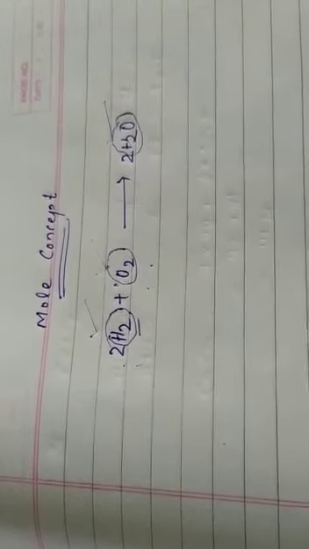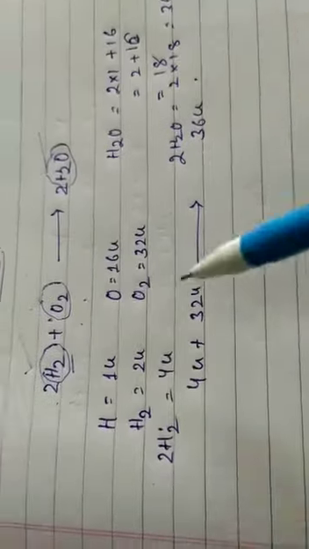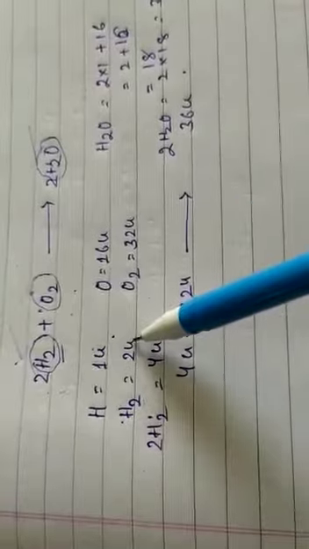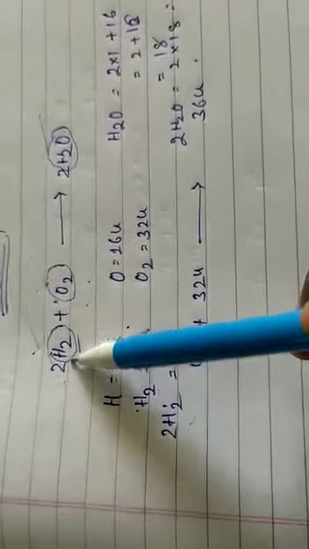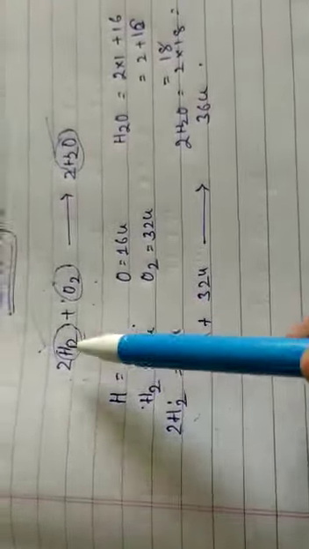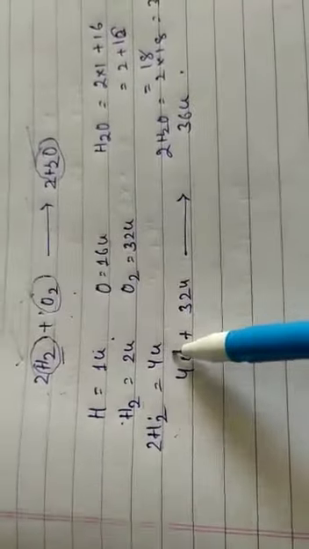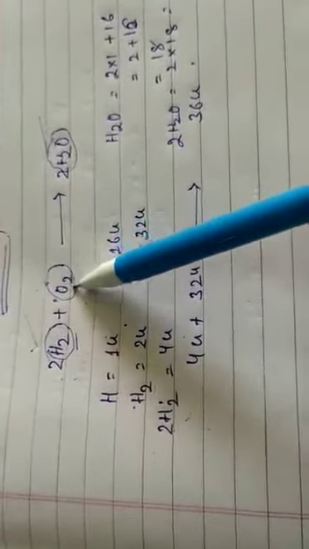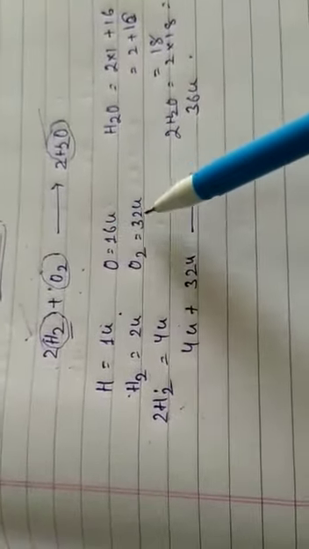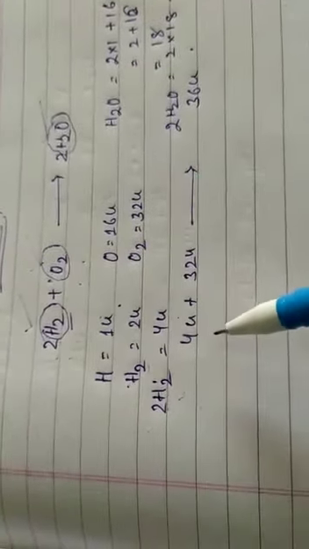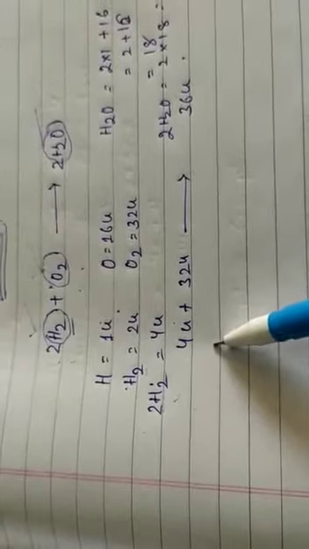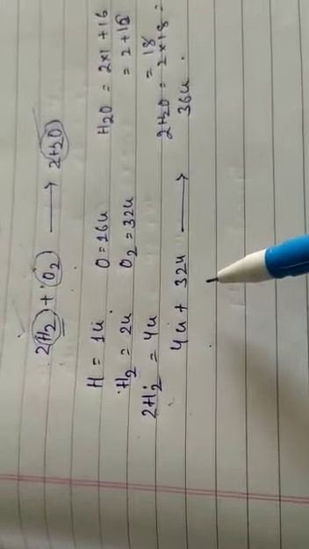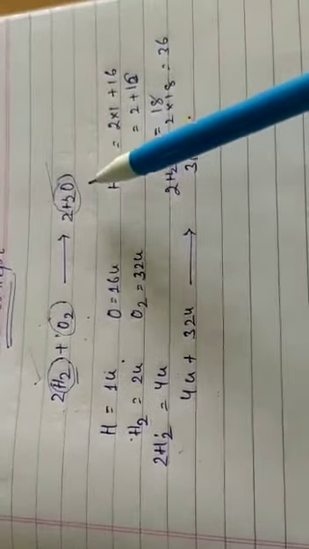Now you have also already learned to calculate the molecular mass, so you can calculate it here. Hydrogen atomic mass is 1 u. So for H2, 1 into 2 it is 2 u, and after balancing, it is 2H2, so 2 into 2 u, it is 4 u. Oxygen atomic mass is 16 u. Here O2 is the molecule, so it is 32 u. So 4 u of hydrogen combine with 32 u of oxygen to form